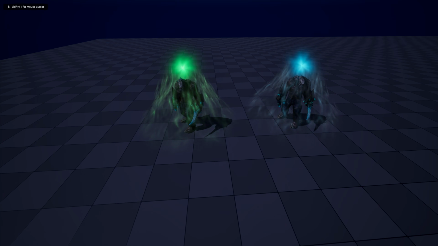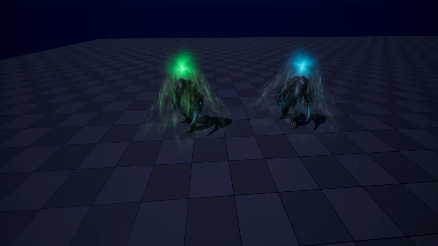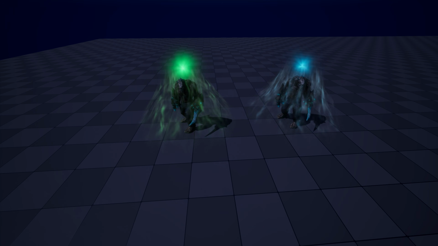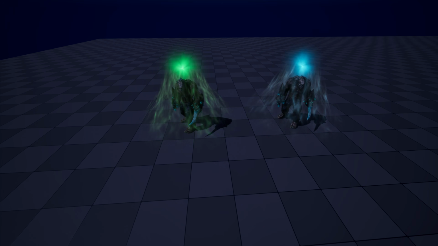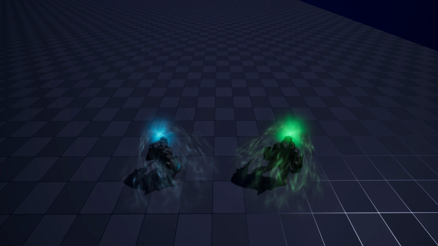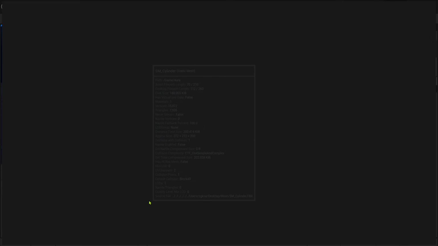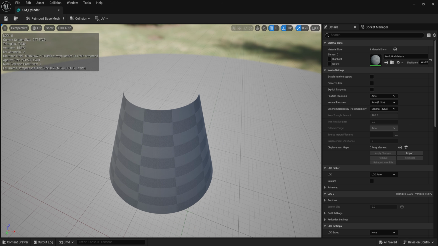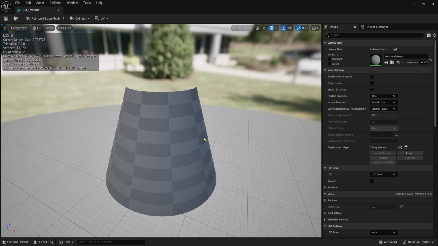Hello everyone. In this video we'll use a material and a cylindrical mesh to create a simple halo effect. We can also use it as a UFO tractor beam or a protective shield. So let's get started. To create this effect, we need a static mesh cylinder with different top and bottom radius,